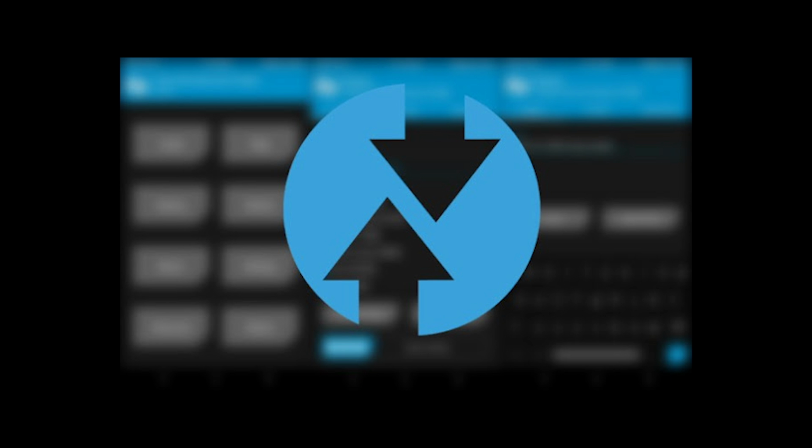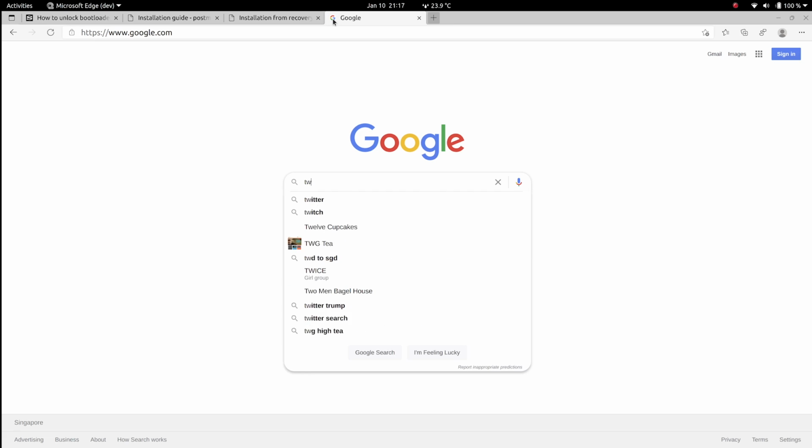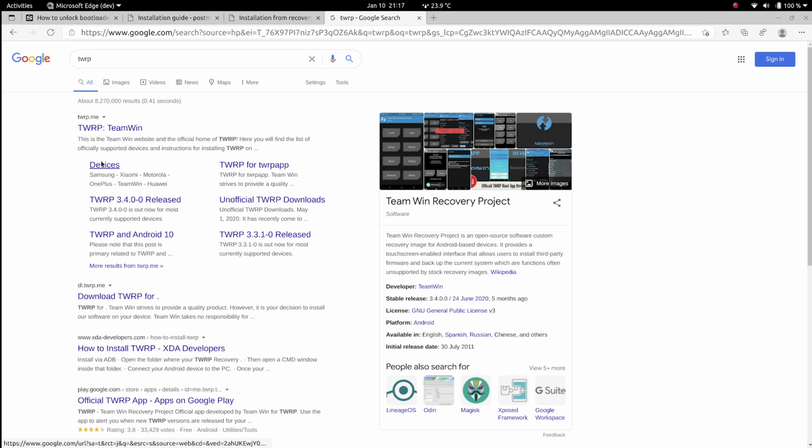When the pmbootstrap install command finishes, you will have to install a custom recovery on your phone if you haven't. Go to the TWRP devices page and look for your device.